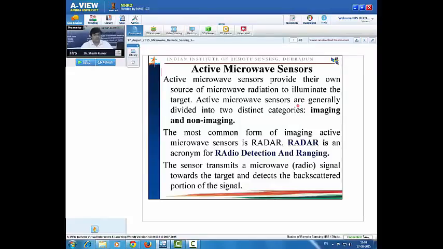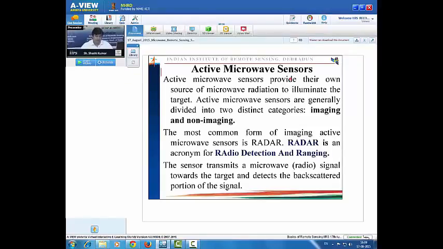The most common form of imaging active microwave sensor is radar, and we all know that radar is an acronym for radio detection and ranging. The radar sensors transmit electromagnetic pulses or radio waves in between 1 millimeter to 100 centimeter. The sensor transmits a microwave signal towards the target and detects the backscattered portion of the signal. Backscattered here, because when